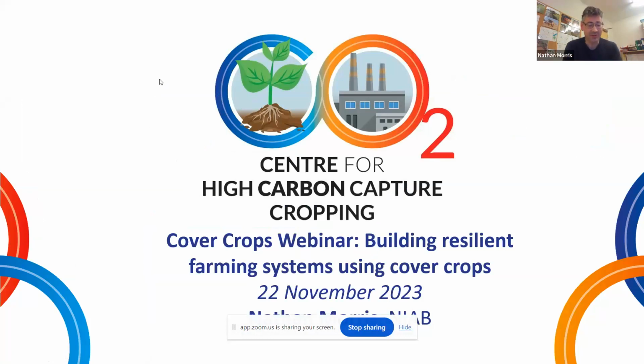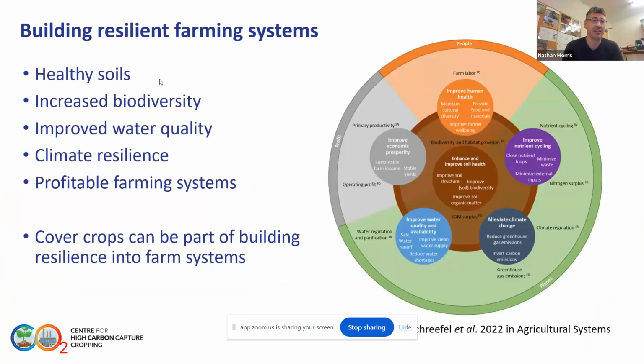Okay, so I was just going to do a little bit of an overview on how I see some of the research that has been going on in the UK around cover crops and their use within farming systems and building a resilient farming system. So I thought I would just start with what do I mean by a resilient farming system? And I think with the more recent changes in weather patterns and the intensity of rainfall, more extreme conditions in terms of periods of dry, periods of heat, has increased very much our challenges around crop production, and therefore any